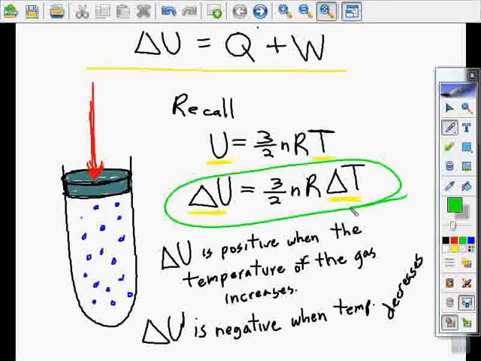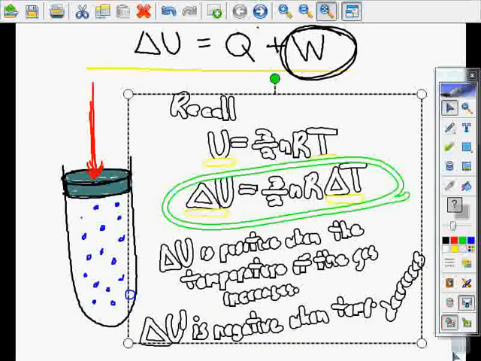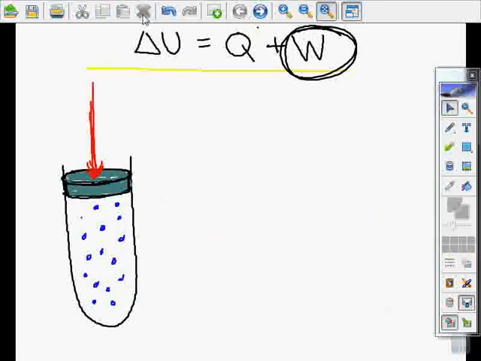So, what we're going to focus on now is this work term right here. How do you calculate how much work is done on the gas? One thing I think I failed to mention, with that work, and we should probably note it right here. You might just want to add this to your notes, just a bit back. If the work is positive,